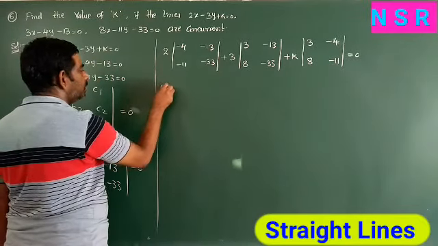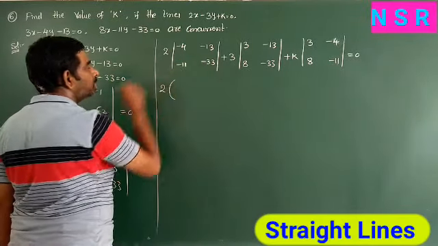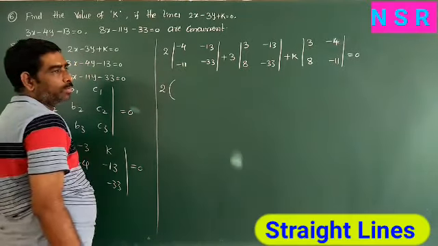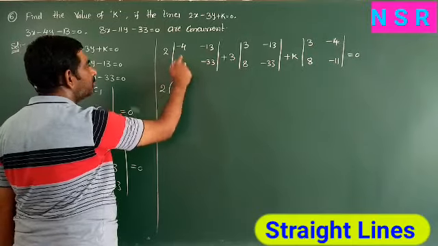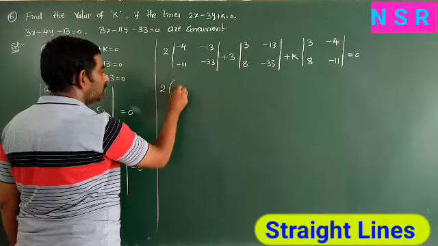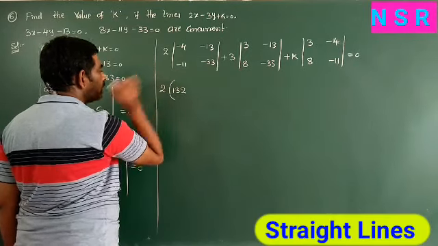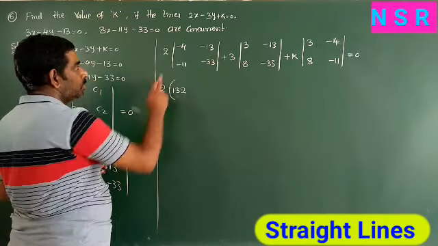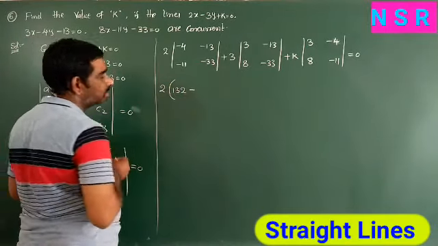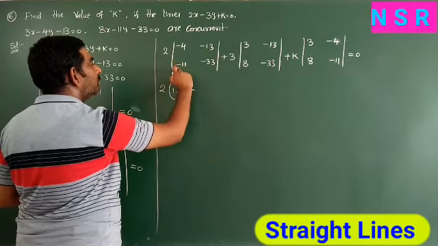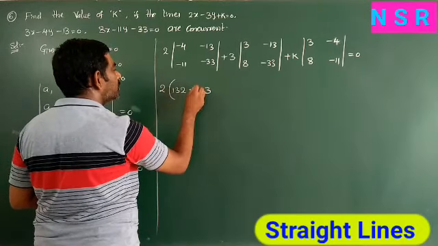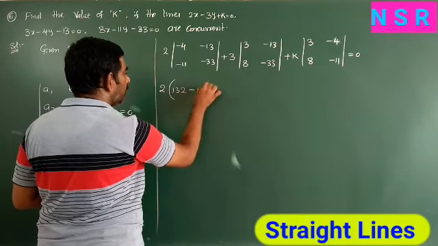So simplify this, applying AD minus BC. These are the elements A, B, C, D. What is the formula for the determinant of a 2 by 2 matrix? AD minus BC. So minus 4 into minus 33: minus into minus is plus, 4 3s are 12, 12 plus 1, 13, so 132. Next, minus of BC: minus into minus is plus, 11 into 13, 11 3s are 33, 11 1s are 11, plus 3, 14, so 143.